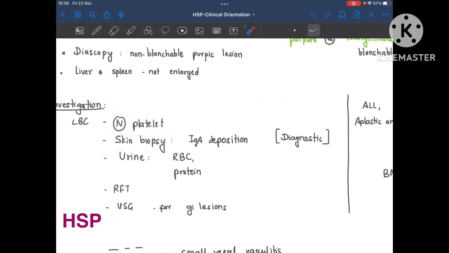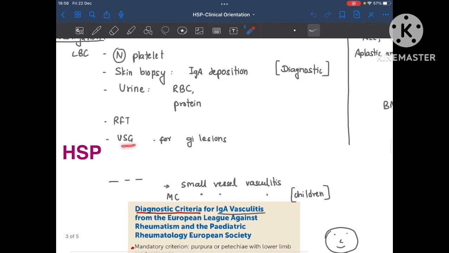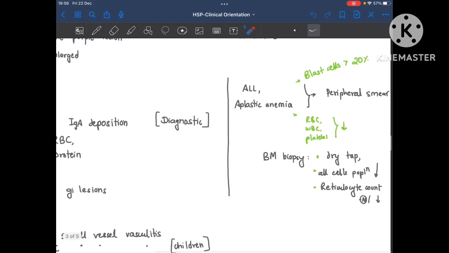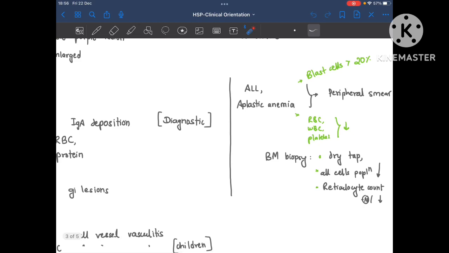Now we can do a skin biopsy because IgA deposition occurs in this case. This is diagnostic. Urine RBC and protein for the nephritis component or complication. Renal function test the same. And ultrasonography for GI lesions in this assessment. Now this is all about Henoch purpura investigation. To rule out other causes like leukemia and aplastic anemia, if we suspect them, we can